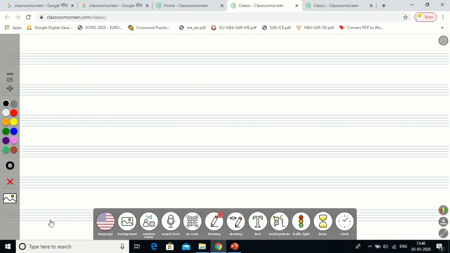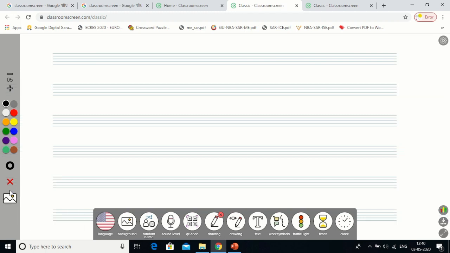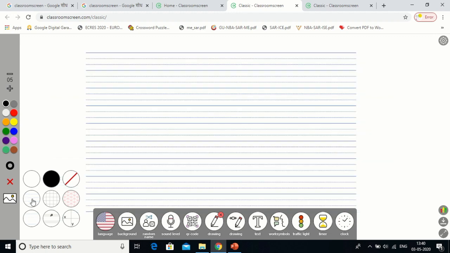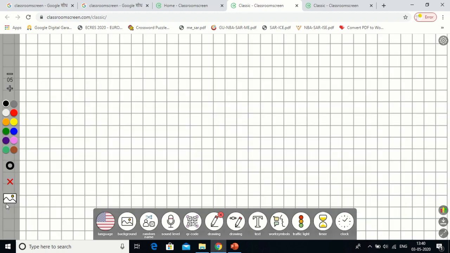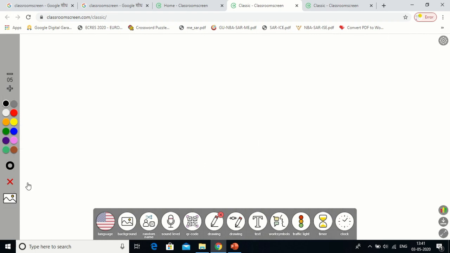Suppose you are playing with a musical cryptography, so you can utilize this. These are the plain sheets which are available. These are again graphical signals if you want to represent them. This is a plain white paper which is available.